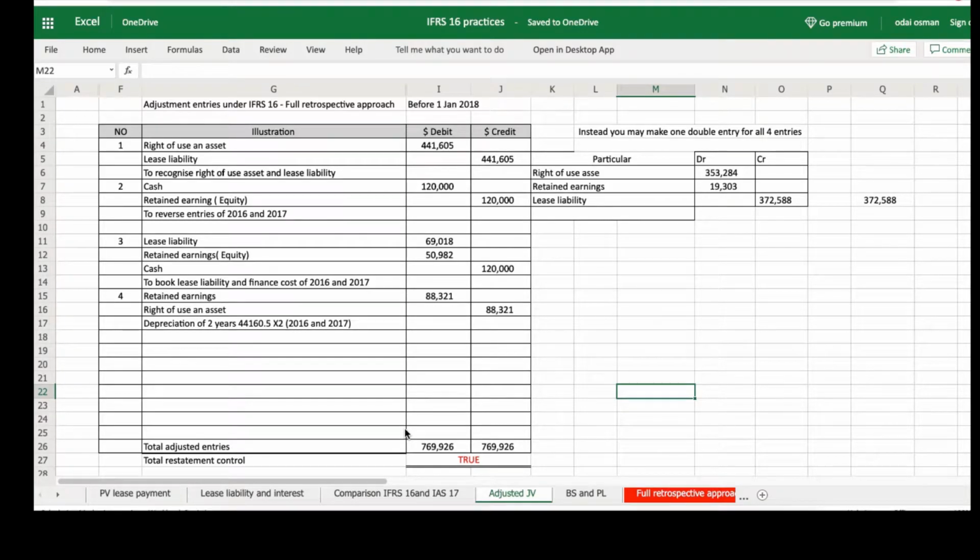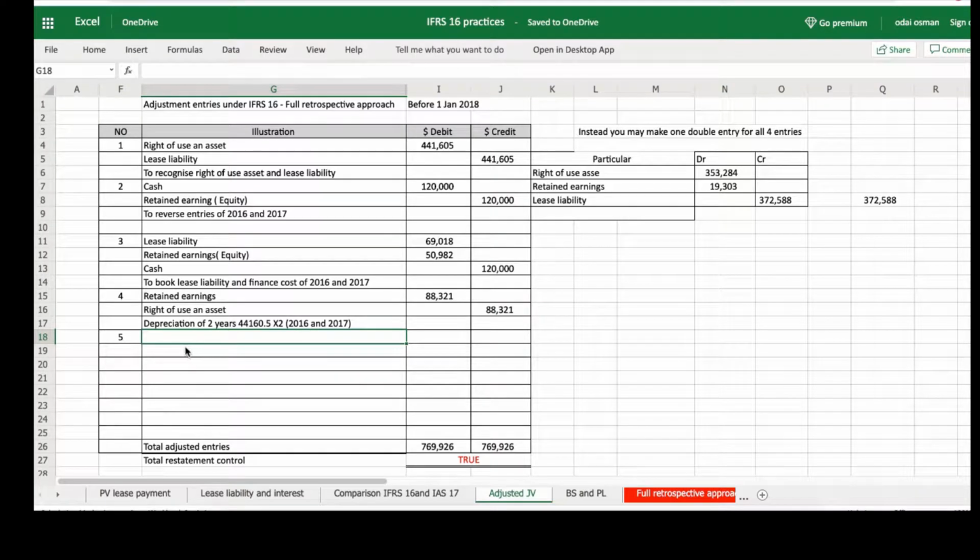The first restatement is the restatement of interest before 1 January 2018, and the second restatement is the restatement for the comparative year. So here we are restating only the third year, which is 2018. So let me show you in one single entry. So number 5,